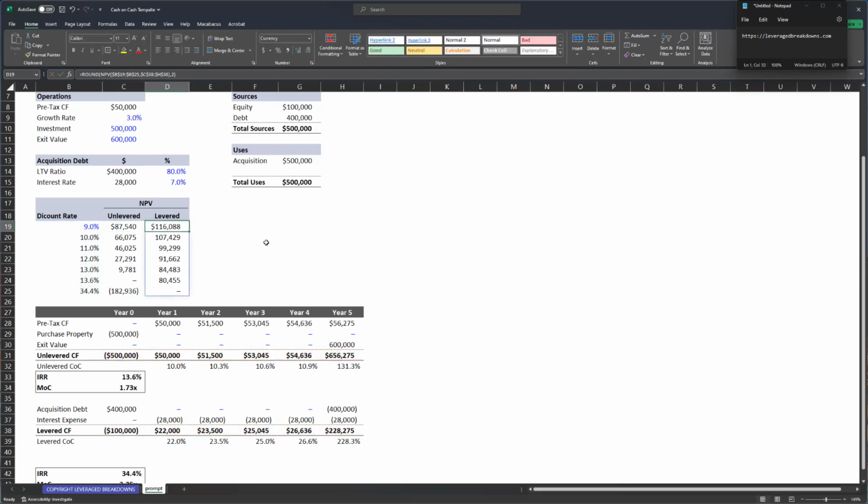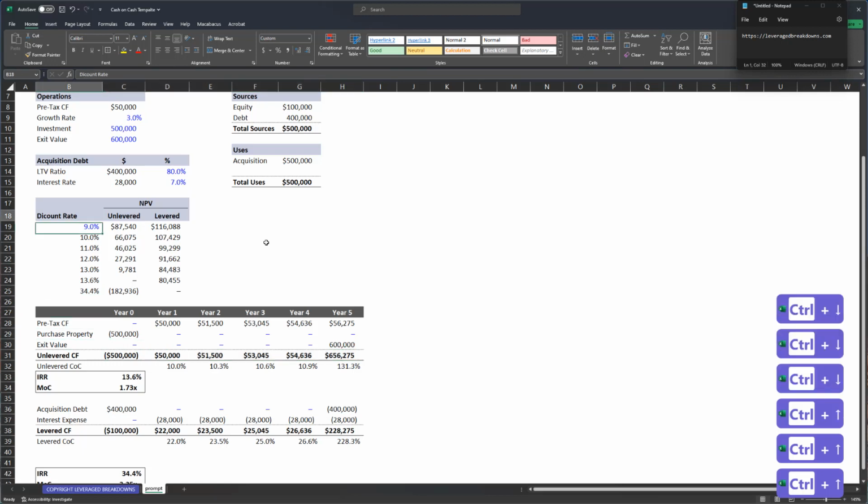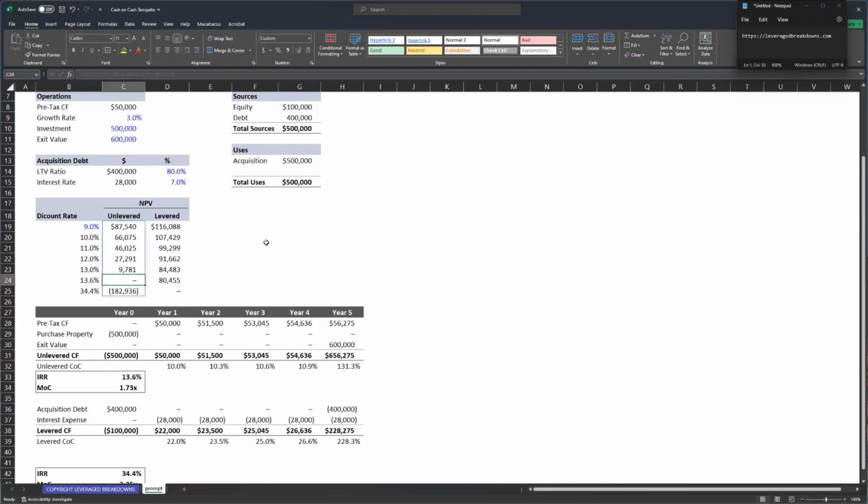So NPV is net present value. This takes into account the time value of money by discounting every single cash flow in your projections at a fixed discount rate. Now, knowing what we know about the internal rate of return, if we set our discount rate to our internal rate of return, then we know that our NPV will be 0, because the IRR function is built to solve for the discount rate that sets your NPV to 0. So that's a given, and you can see my unlevered NPV, a 13.6%, gives me a